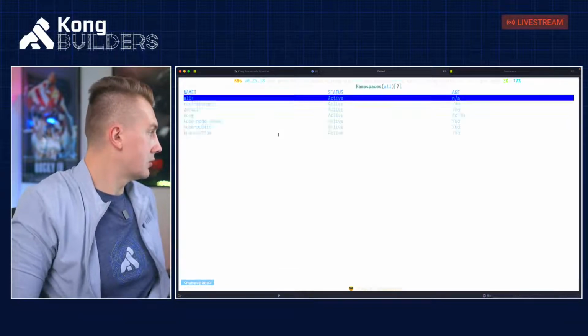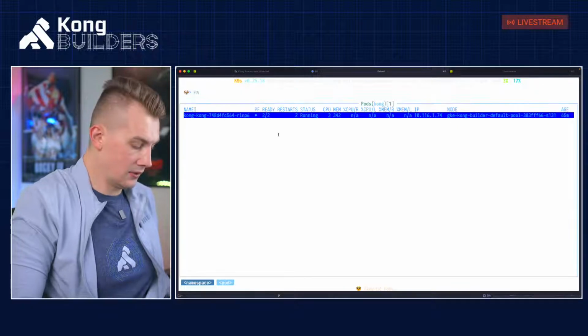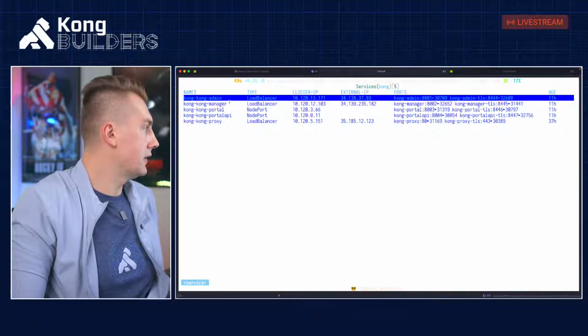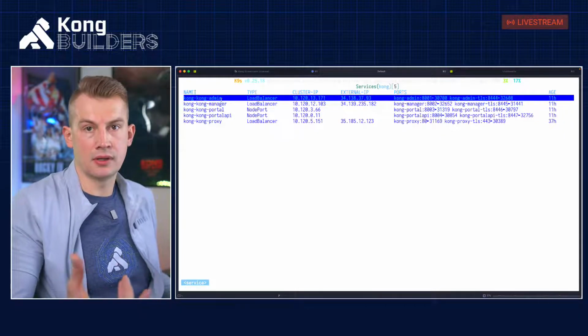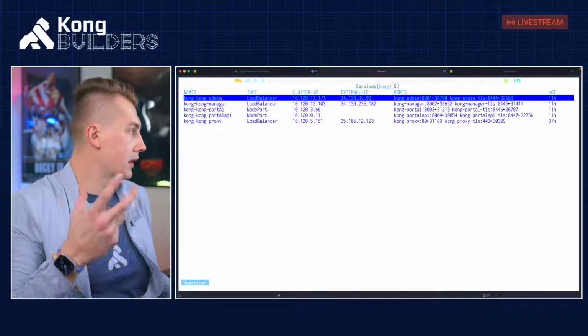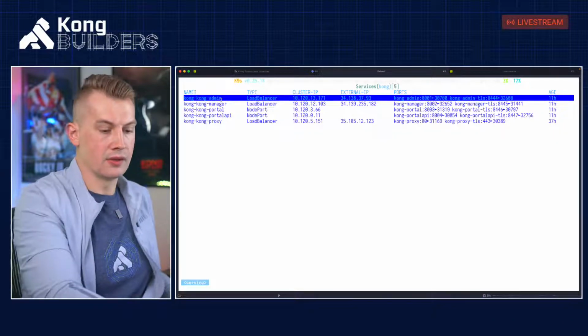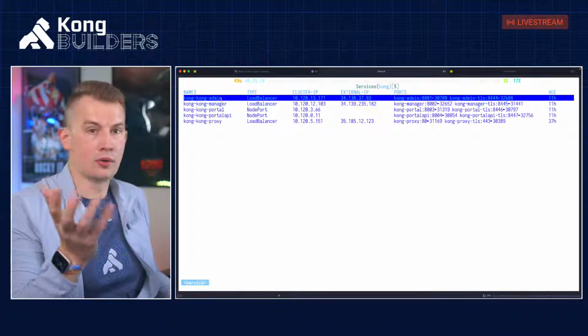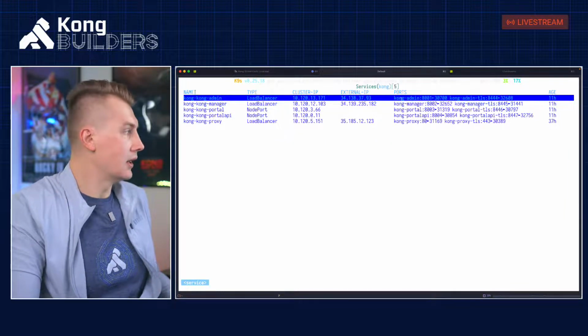We're going into the Quonk namespace, Quonk, and we see services. So what we have so far, we have two things. We do have an admin API available for external consumption. We have a Quonk manager available for external consumption as well. And also we have Quonk itself exposed. So those are the Quonk proxy connected to this